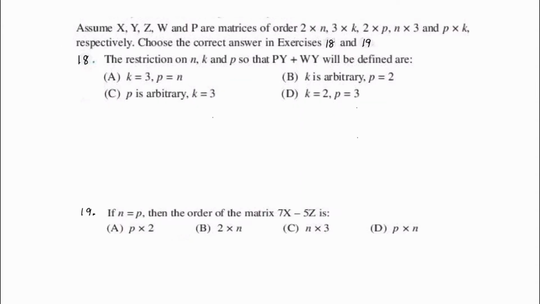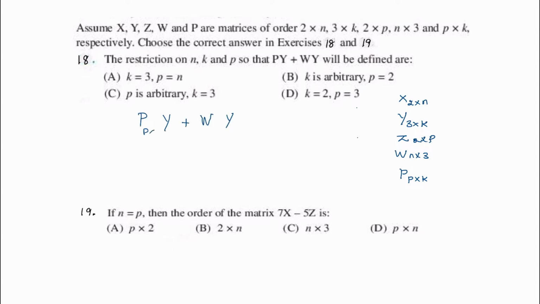Next question. Assume X, Y, Z, W, and P are matrices of order. X is of order 2 by n. Y is of order 3 by k. Z is of order 2 by p. W is of order n by 3. And P is of order p by k, respectively. Choose the correct answer in exercises 18 and 19. The restriction on n, k, and p so that PY plus WY will be defined are: